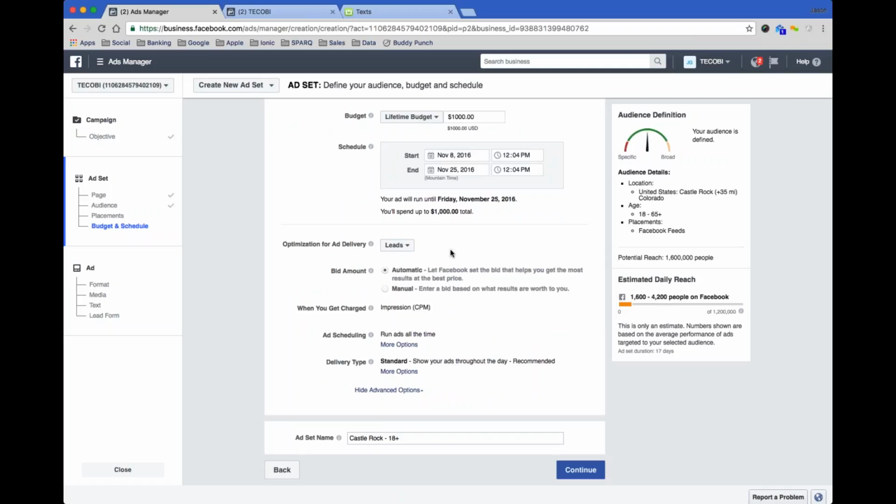And I think this is why leaving my filters open is working better for me, because Facebook is learning with their optimization algorithms to display the ads to people that are converting into leads. Bid amount, I leave it as automatic. I let Facebook learn what's going to get me the best return on investment for the amount of money that's being spent. Lead ads are set up as an actual cost per impression. If you break it down, it is broken down into cost per impression, but with the bid amount being automatic and being optimized for leads, it's going to optimize this cost per impression to get more leads.